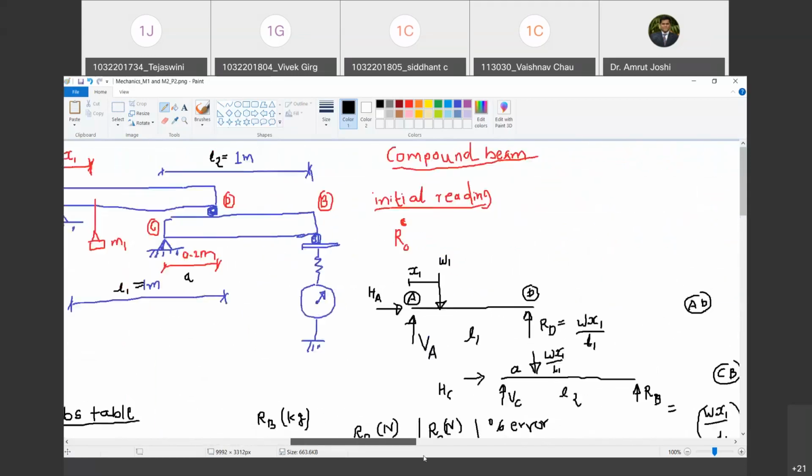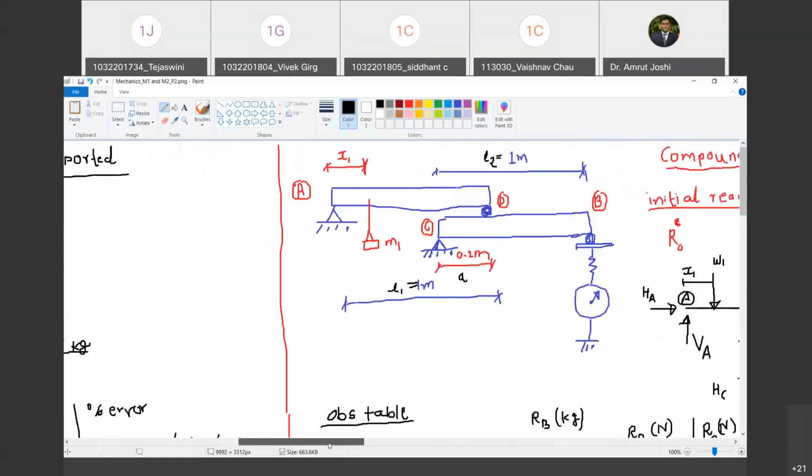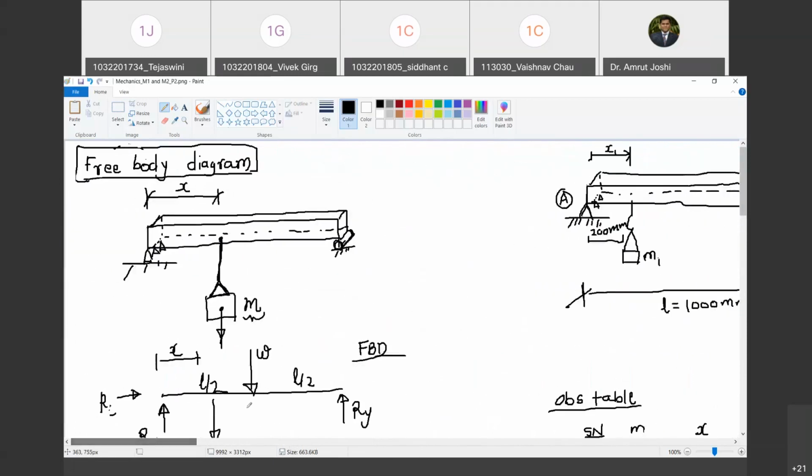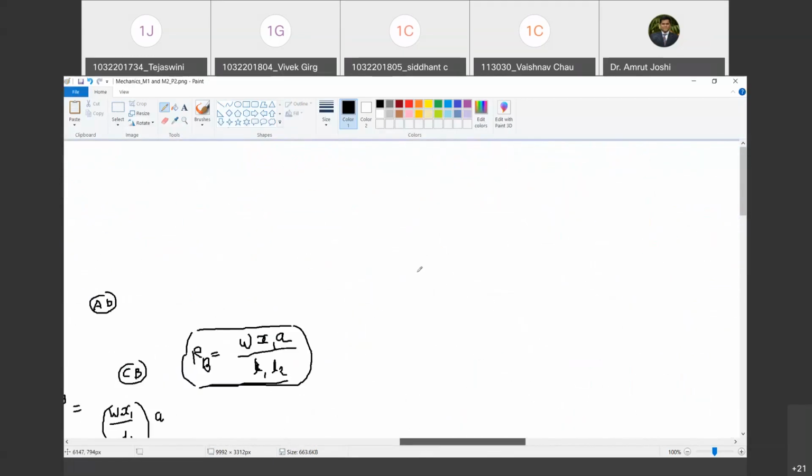Okay, so with this I think we will stop here today, and in the next class we will start with the next experiment. But before we stop, let me tell you what is going to be needed in theory, so watch this video from that perspective. So what is required in theory? In theory you are going to require the concept of beam that we have discussed. Are you with me? Yes, sir. Then you are going to require the concept of supports and what reactions various supports can offer. I am not going to discuss this once again in theory. We have discussed it elaborately during our interaction in the lab.